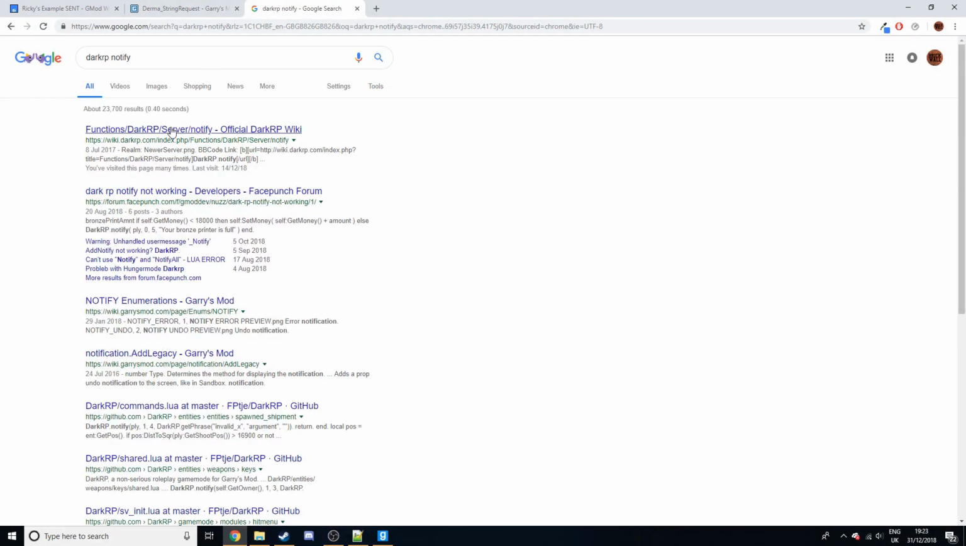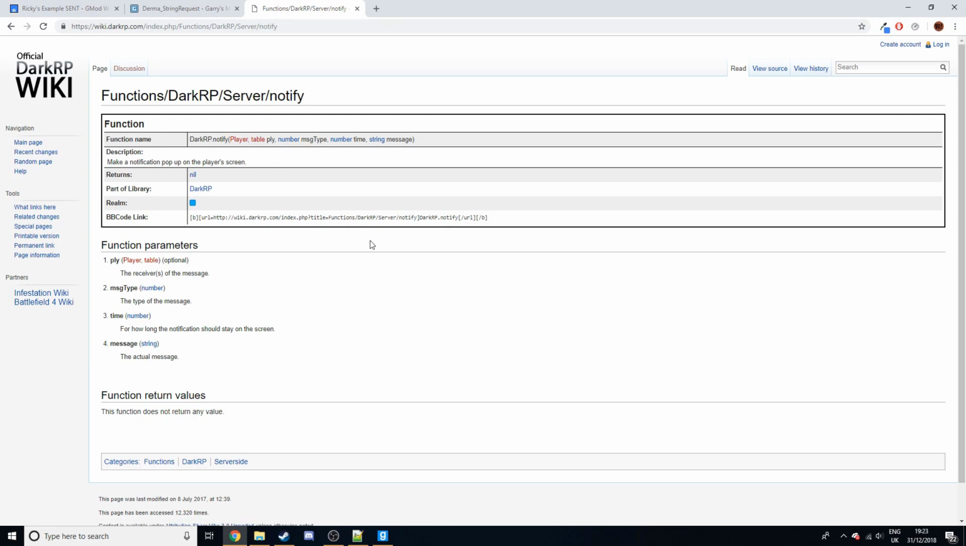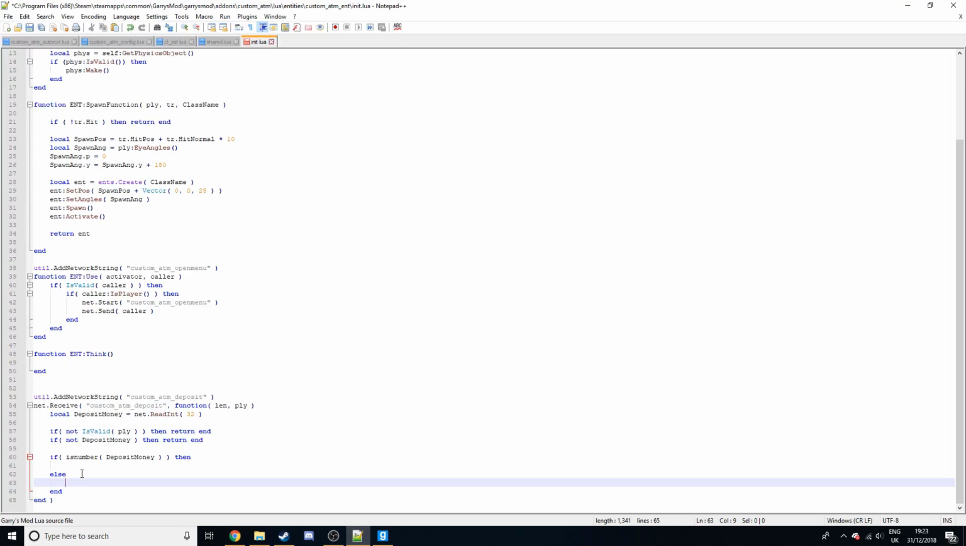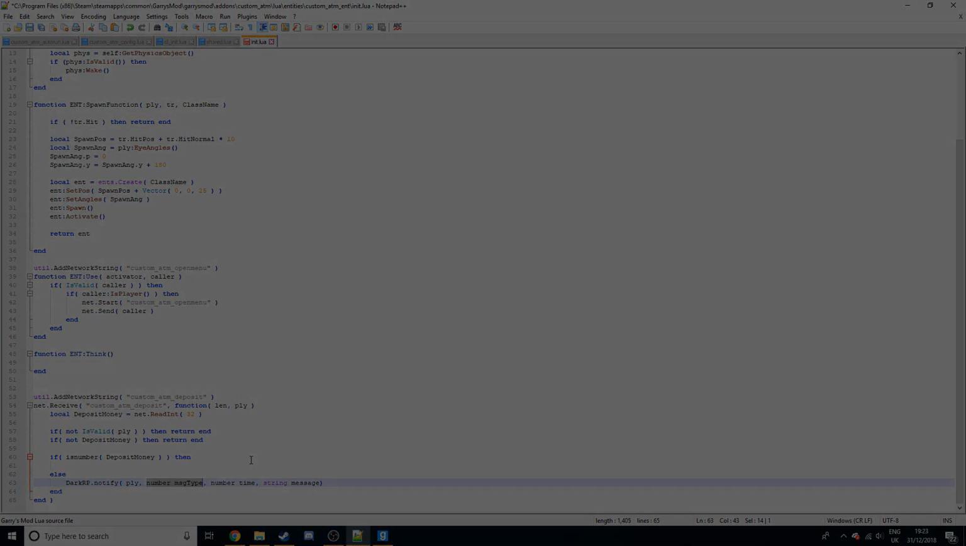notify. This is quite useful, the official DarkRP wiki. I'll try to leave a link to this. It has all the inbuilt DarkRP functions, hooks, all the useful stuff. So this will now allow us to add a notification onto the player's screen. This is the player that it notifies. The message type, I believe 0 is a hint, so the icon on the notification will be like a little bulb, and then 1 is